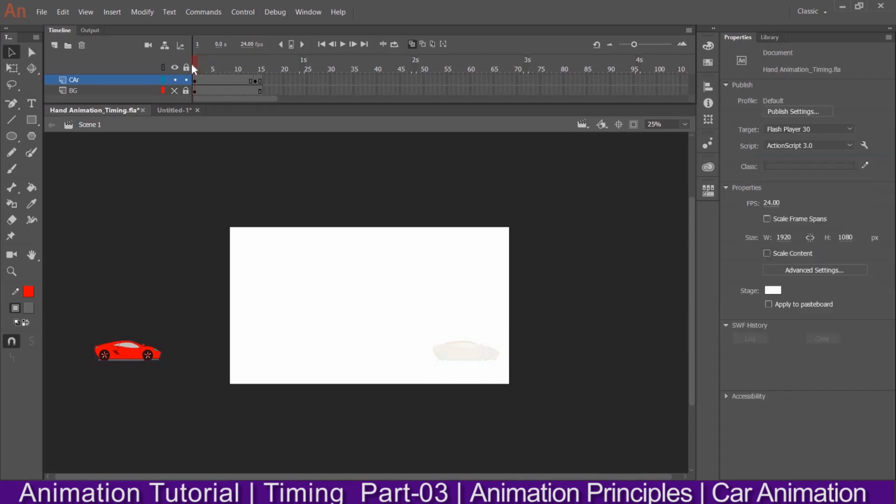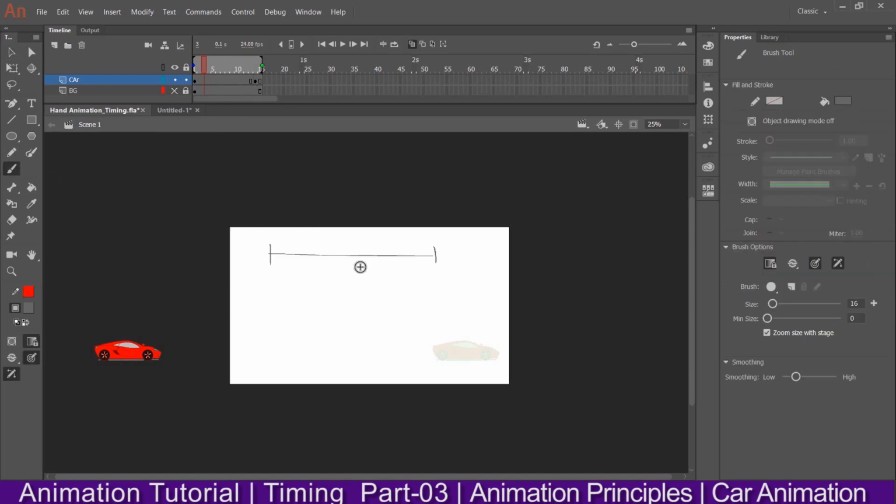So the animation will be somewhat like this, straight, it will come like this. So for this we'll draw the grid or you can do the planning, like how to do the slow in. I think you know, but still we will draw. See, this is the grid I am drawing for you. This is the end point, this one, and this is the starting point. Okay, so to do the slow in, what I will do, I'll first make the in between for this, and then again I will do the in between for this and this, and here as well, and then I'll see whether this is looking nice or not.